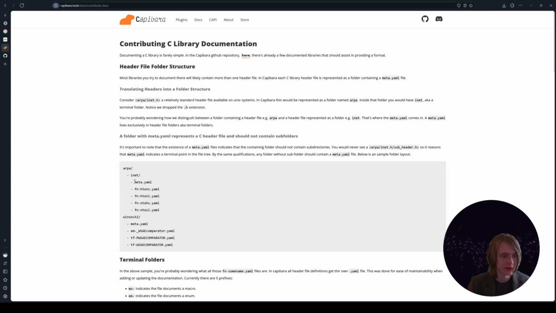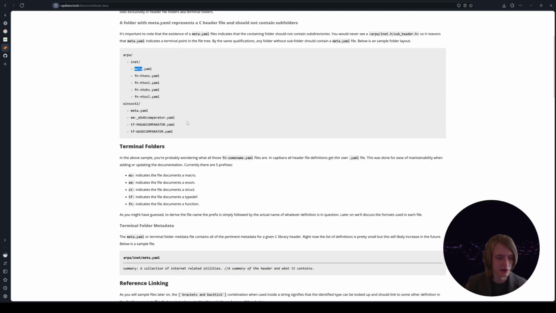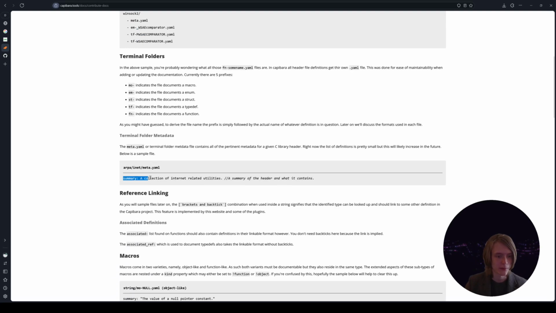So slashes basically indicate a nested subfolder effectively. And so you have, and then your functions and whatnot. Meta literally just gives a little bit of information about the header file itself. And you can also see what goes in meta. For example, the meta